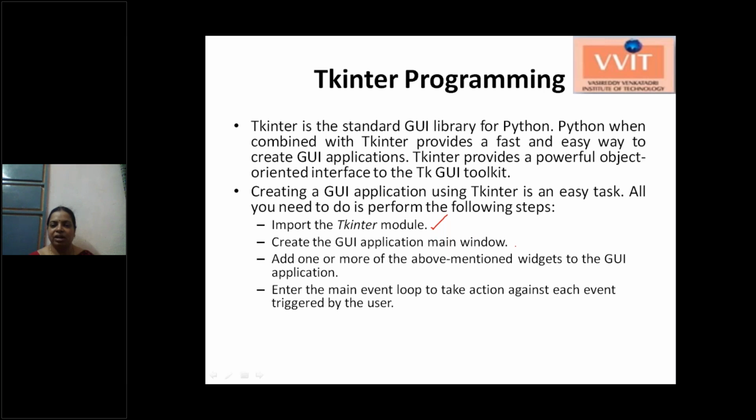Then we will create the required GUI application. That is, first we need to create the main window. Okay, the window is to be created first. Then we can create a number of controls. The controls are here called widgets. Widgets are things like buttons, text boxes, radio buttons, those all. Then we can raise some events and we can execute those events related code. So first we need to create a window and then we can create the required controls. Then we can execute the events on those particular controls.